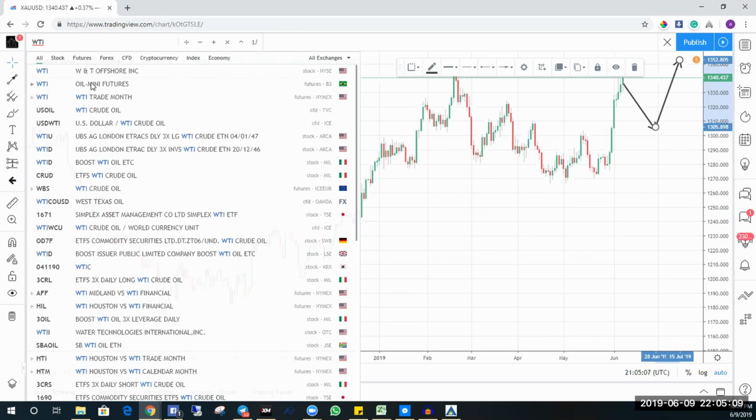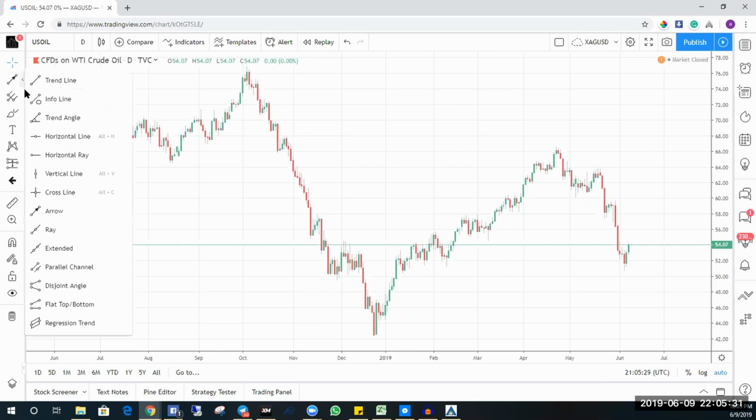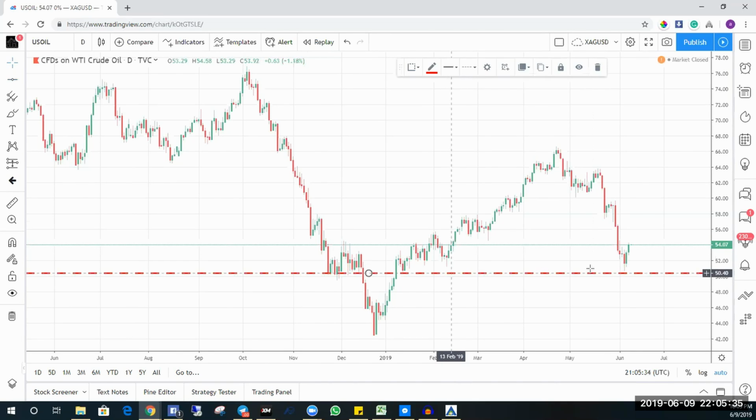What do we have? Oil mini futures, crude oil, US crude oil. They're already adding the long position here, and this is a very wonderful demand zone. So it's definitely very attractive to go long at the moment. This is a very good level to go long. You've already seen we already have a very strong rejection at that level.